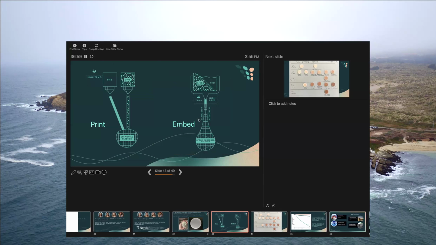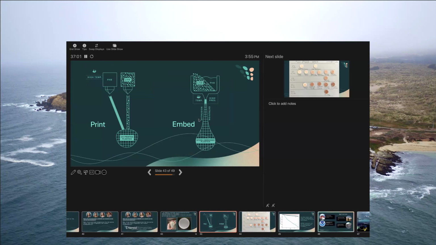And so we have experimented with two different approaches. One of them is 3D printing with living materials and PHB, and we built the first dual head living material and PHB printer in my lab. So now we can print layers of living material and PHAs. And then also embedding the microbes directly through injection molding processes. That's the vast majority of the plastics that we use today, which are formed by injection molding.